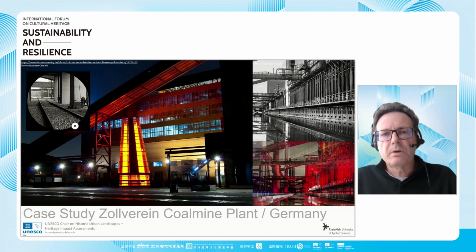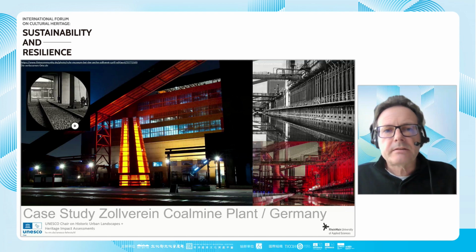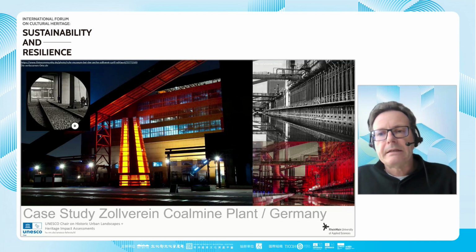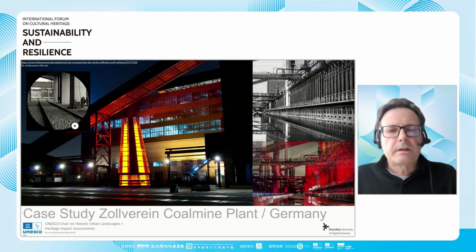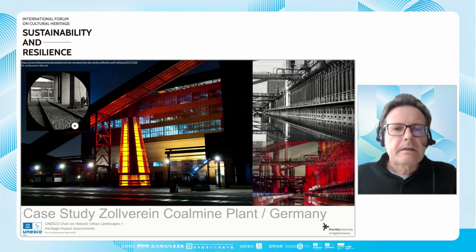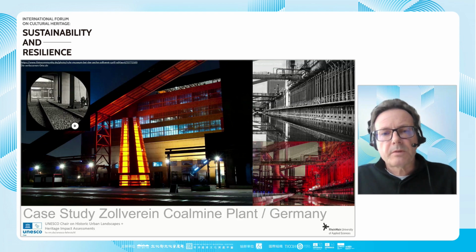It's in the Ruhrgebiet, which is the most densely agglomerated region in Germany, in the west of Germany. But what you can see here is that large parts of this really vast industrial mining site have been transformed in recent years. For instance, this is the so-called coal washing plant, which has been transformed into a museum. And you see also that this transformation process, of course, this escalator leading into the museum, is a new element which was added on to this industrial mining site. So there are transformations already. The site was inscribed in 2001 in the World Heritage List.